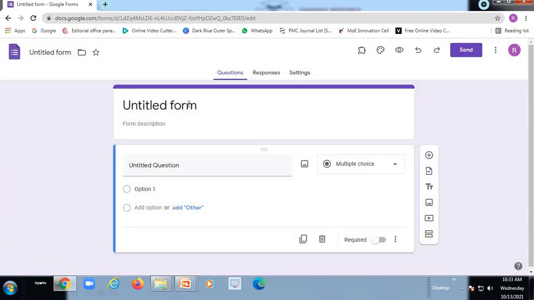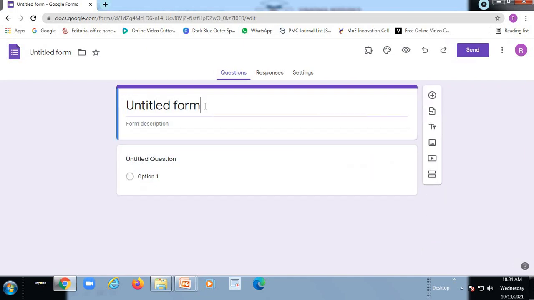Now, you can plan the Google form accordingly, whether you want to give a quiz, or you want to give a question or an answer, or you want to give it for an assessment or anything. For demonstration purpose, I'm just showing you how to create a Google form for a quiz. Under the title, you can give the institution name. So you can type here the name of your institution,